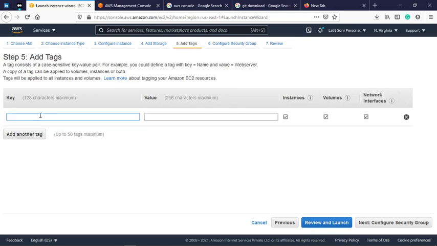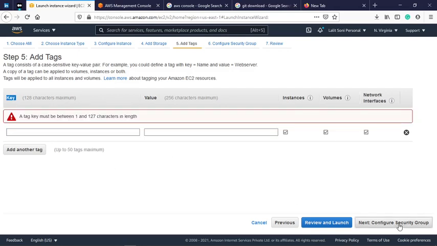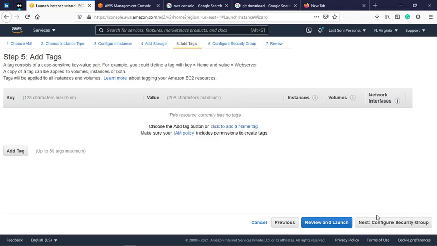It adds extra information to our virtual machine, so that it is easy for us to recognize. It is a key-value pair, so you put the key and value. I am not doing anything right now.